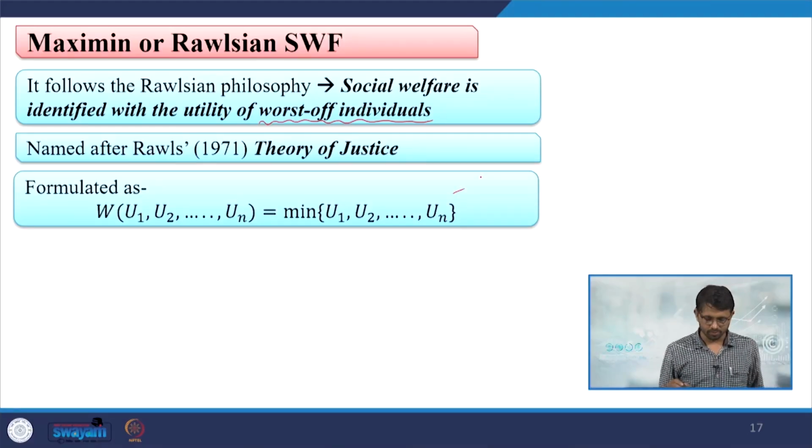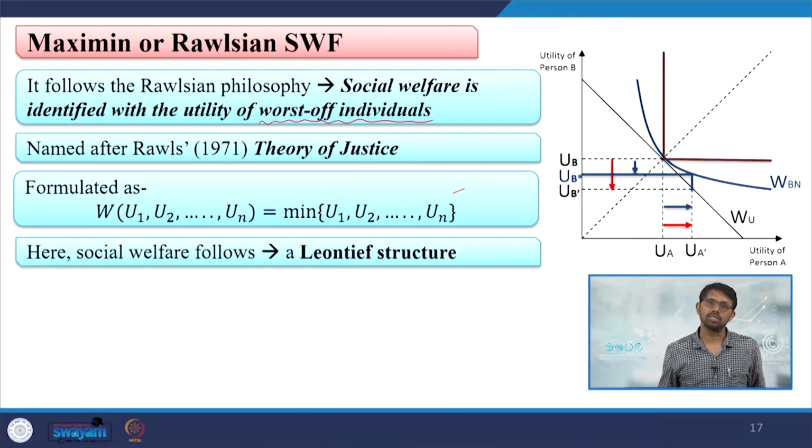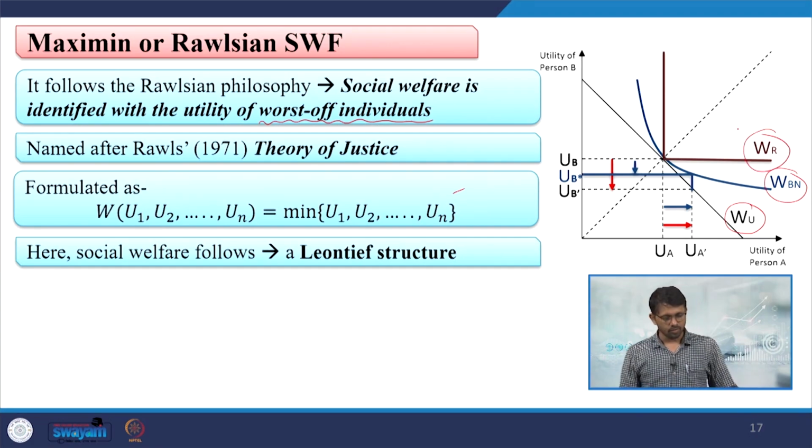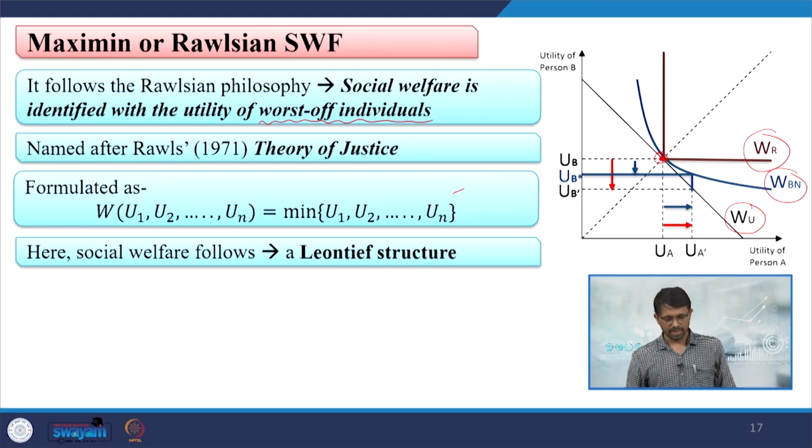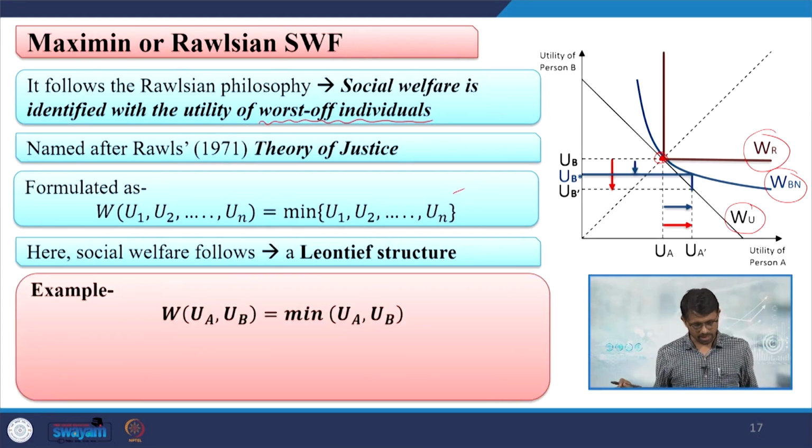Hence, the function is written as the minimum of U1, U2, up to Un, and hence a Leontief structure is followed. And we have now compared all three. This is the utilitarian principle, then Bernoulli's equilibrium. Now here the Rawlsian approach is followed, where the minimum is derived as the best possible choice function among the individuals, and once that is attained, if that is really guaranteed, then society attains its